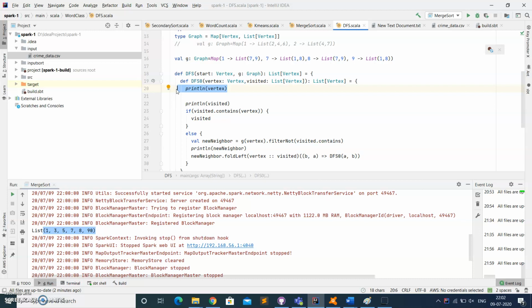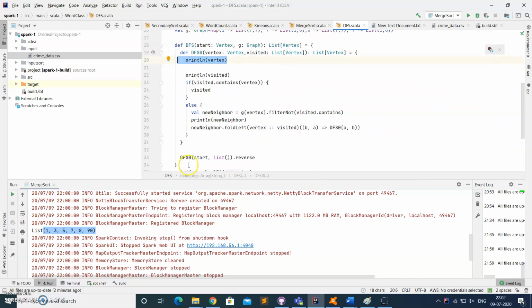that we are proceeding to, then we'll skip that one and proceed to the neighbor, until we reach the vertex that we already contain in the visited list. This goes on as a recursive function again and again, and the final output will be the reverse order of the list that we are proceeding with. That is, the reverse order of the visited list will be the output of the DFS.